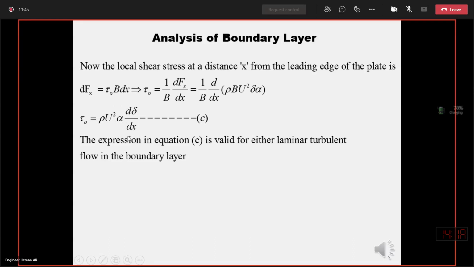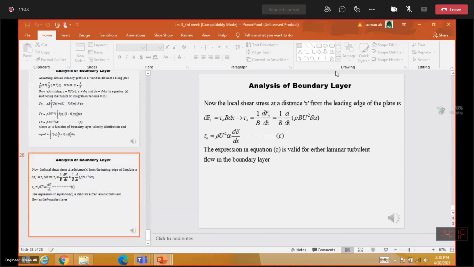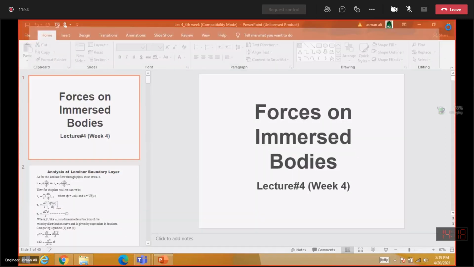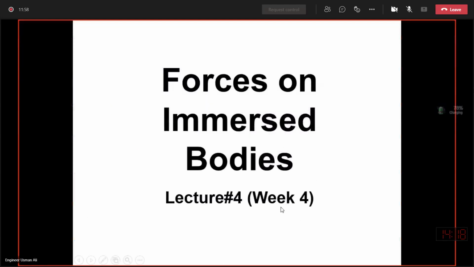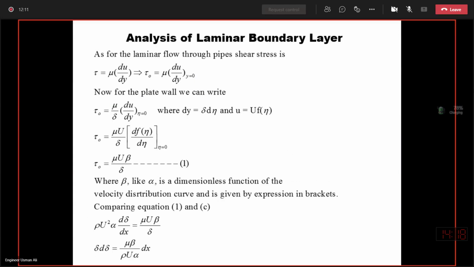So continuing from this point, we have to complete this topic and this derivation today. One thing which is important for this derivation: if you do not do it with your own hands, you will not be able to understand. So it is a must that you do it at your places so that you can understand these steps, how they have been carried out and how finally the expressions have been obtained. So continuing, first of all, let us start with the analysis of the laminar boundary layer.